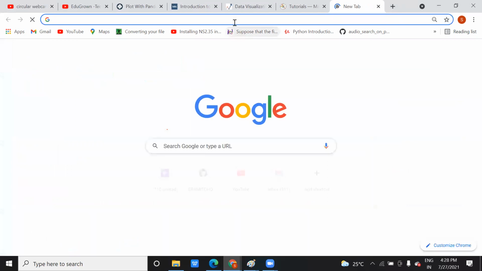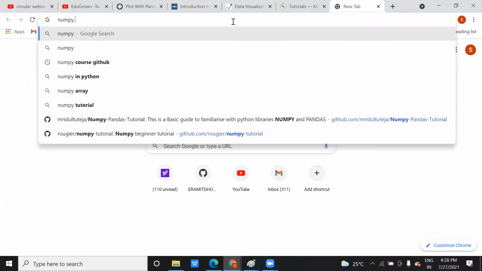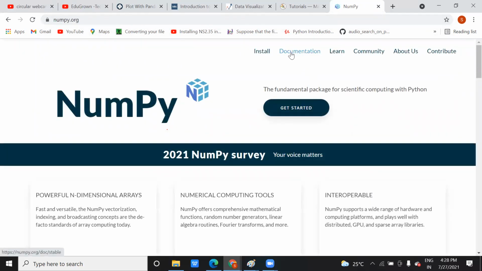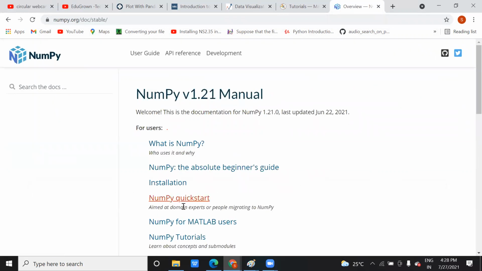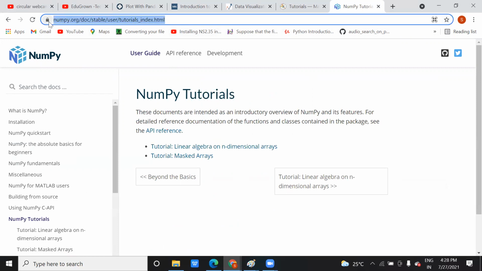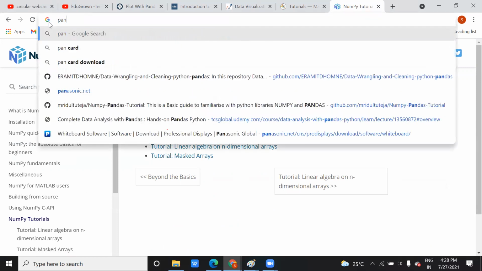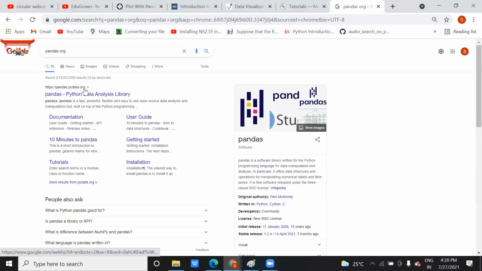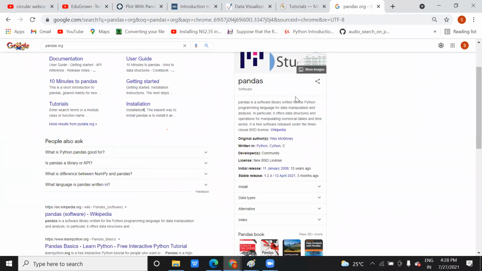You need to type numpy.org to get the documents related to NumPy. Click on this documentation and you will get the whole documentation tutorial. Similarly, when you want Pandas, just click on pandas.org. Once you click on it, you can see these are the libraries and the authors are different, right?